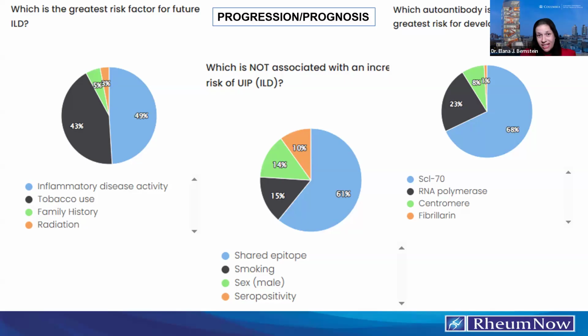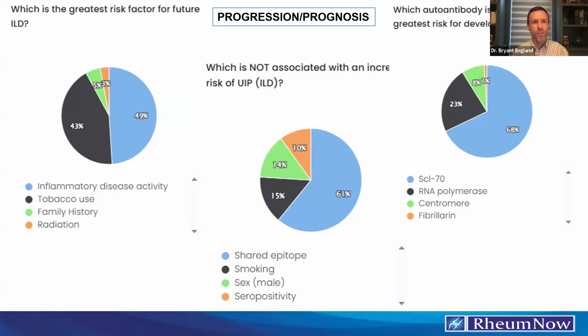Yep, absolutely. SCL70 is associated with an increased risk of ILD. RNA polymerase 3 is probably associated with a lower risk of developing ILD and at least less likely to have progressive ILD, although they can still progress. And RNA pol 3 we typically think of in scleroderma patients who develop renal crisis, rapidly progressive skin thickening, and malignancy. Do any of these autoantibodies, and I'll throw into the mix CCP and RF and ANA, do any of these autoantibodies behave as biomarkers for disease other than risk factors for disease? I assume they're just risk factors.